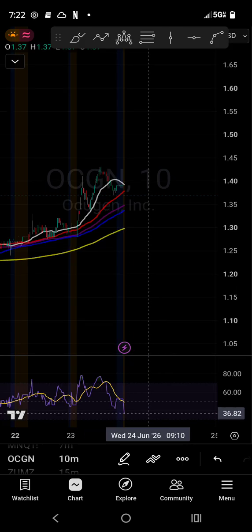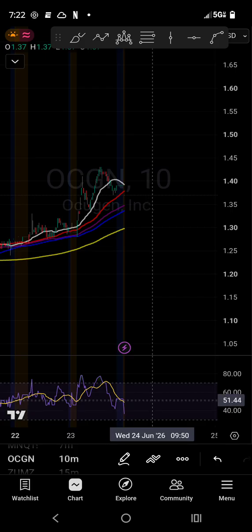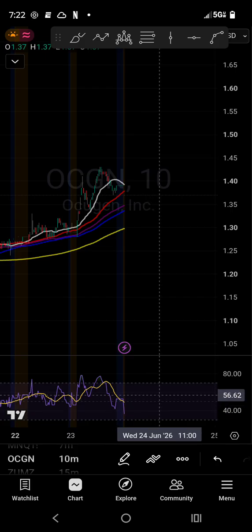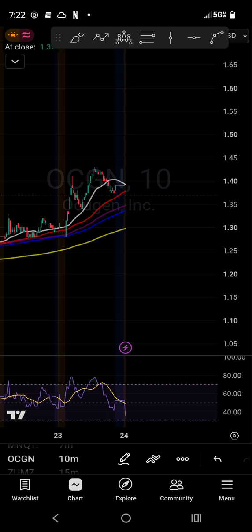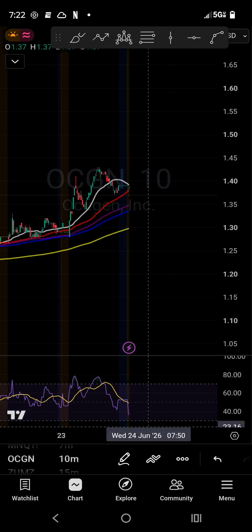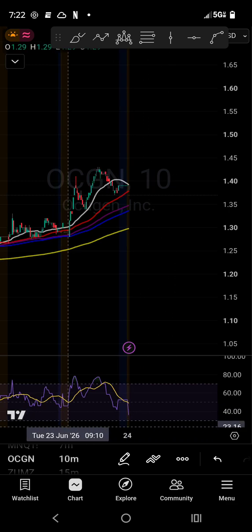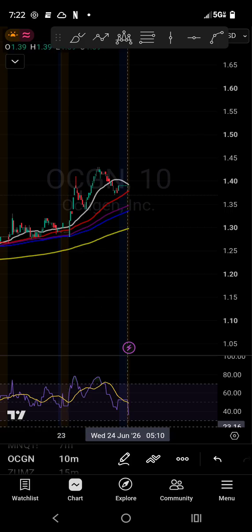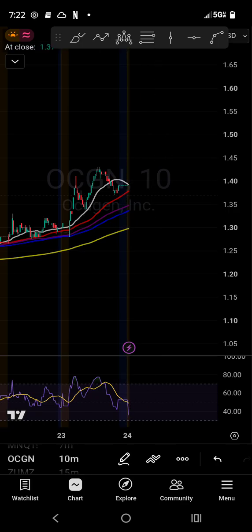Down to the 10-minute. The 10-minute is at that 37 entry area. So I would enter it if it goes above that average line, only because the bigger time frames are nowhere near that 30 entry, and this is only the 10-minute. 10-minute is very quick. Yesterday was the 23rd, today is the 24th. So you may have like a 1 day trade here, potentially,